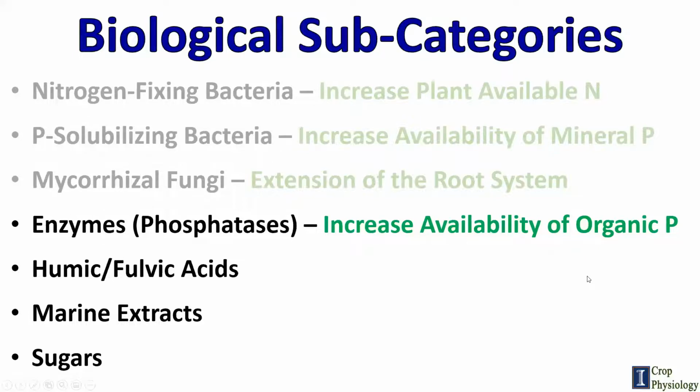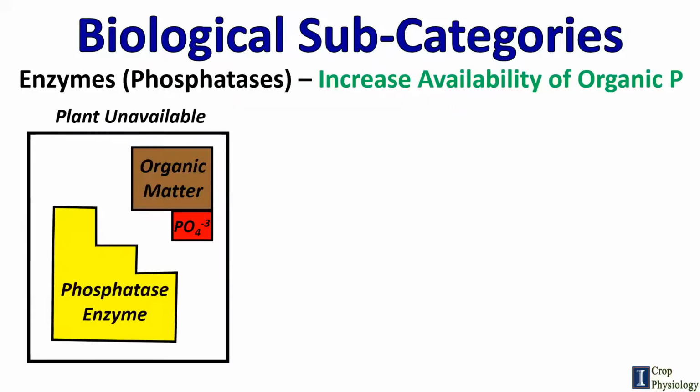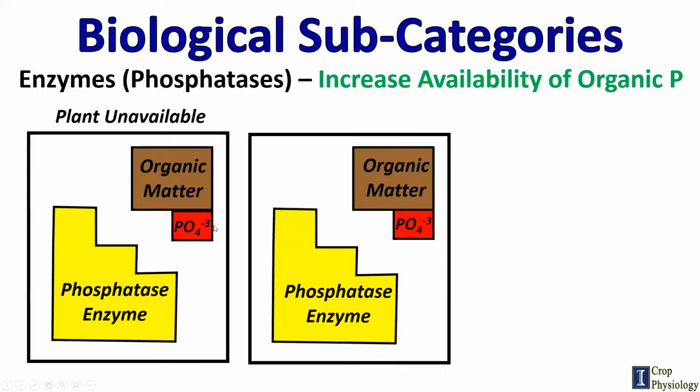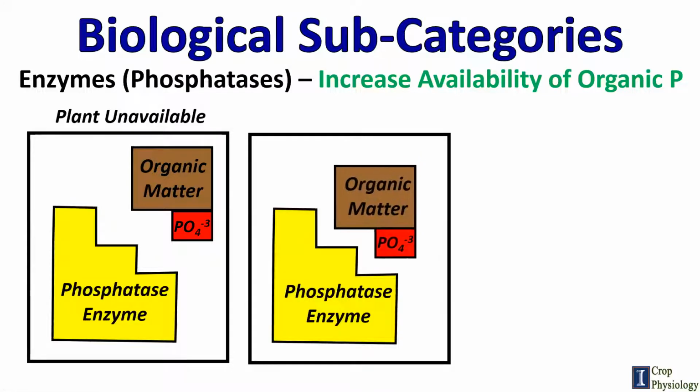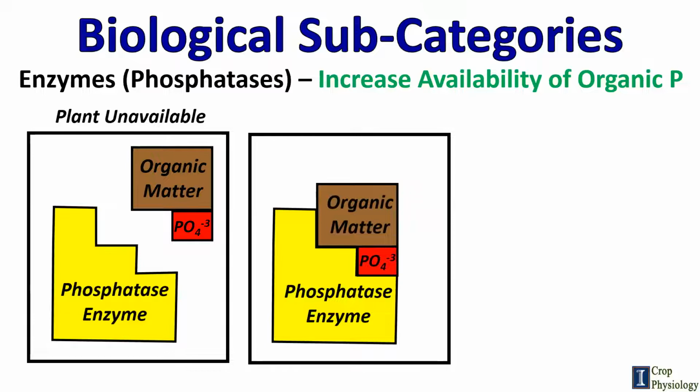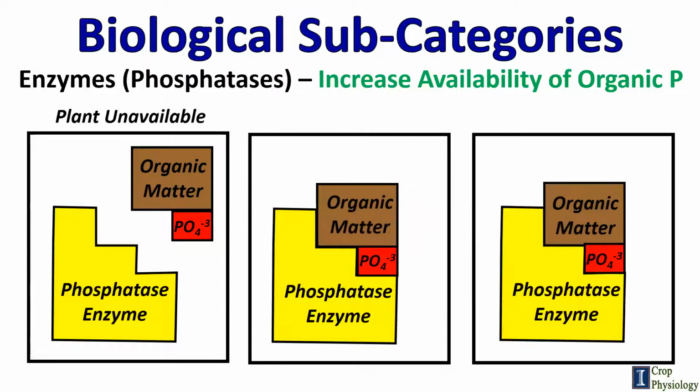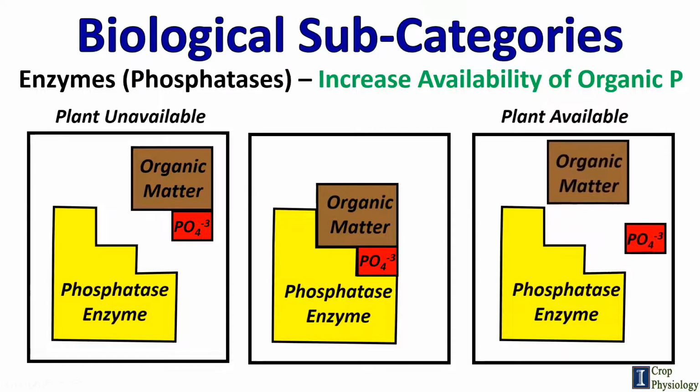There are 2 pools of phosphorus in our soils: the mineral tied to those cations, and the organic, right? It's a component of organic matter. What are cell membranes made of? Phospholipid bilayers. Taking everybody back to high school biology today, right? There's phosphorus available in that organic matter, but plants cannot use it. So we add these enzymes, and they come in, and they grab a hold of that complex, and they are very specific at how they do this, and they break it apart,